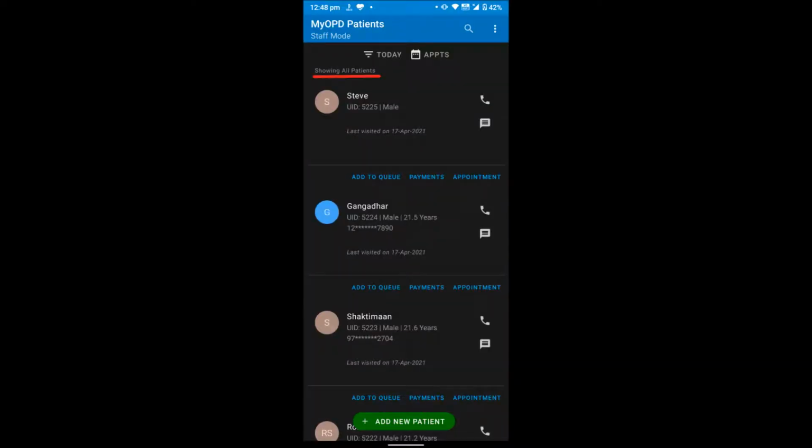In the list of patients view, reception staff can see patient UID, last visited date and gender. Along with that, they also see options to add the patient to queue of waiting patients, accept payments or book appointment for the patient. To add the patient to the queue on reception device, click the Add to Queue button